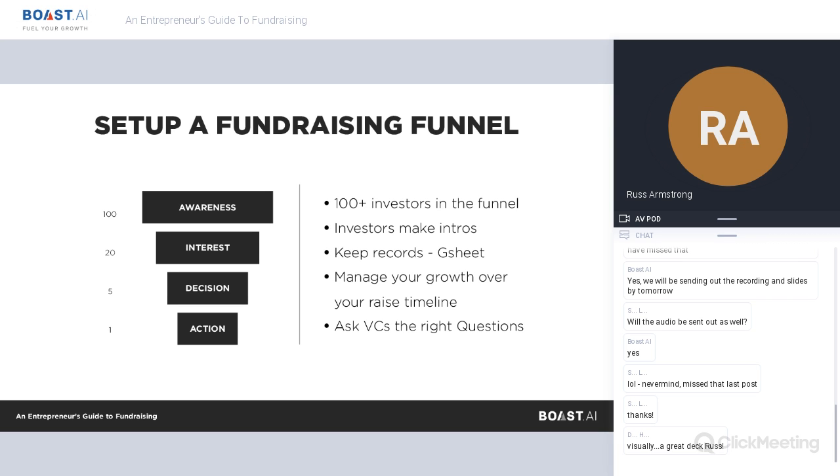Interesting on the VC life cycle, take for example a $100 million fund. If they've invested $50 million in new companies and they're holding back $50 million for follow-on investments, they're probably not going to be very active with new investments currently because they're kind of tapped out. So just understanding where their life cycle is.